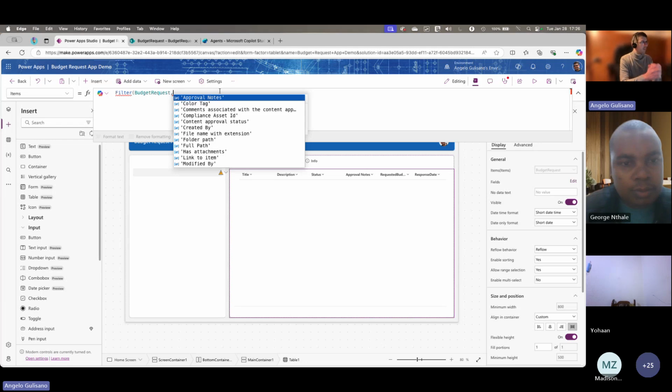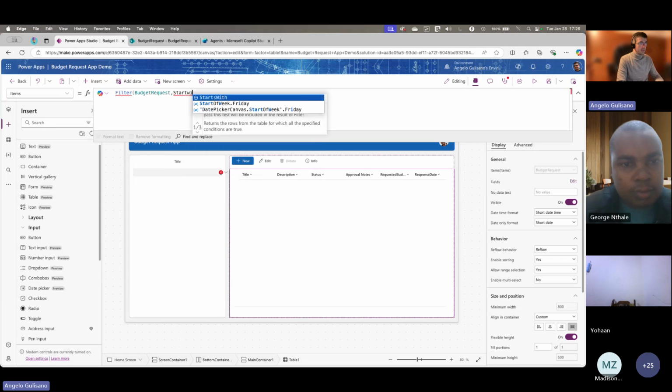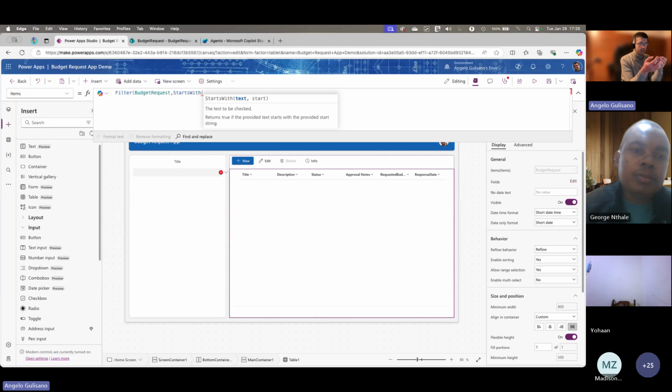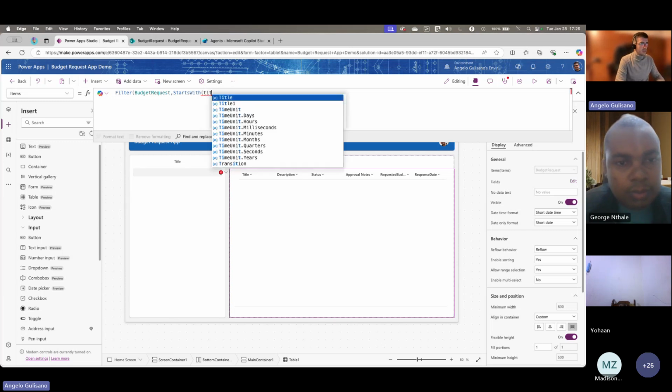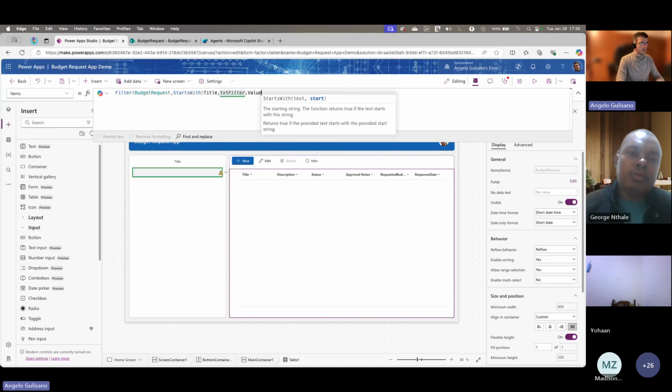In my case, for example, I want to use starts with, because it's a delegable filter. So the idea is to filter my request with the start text of title, for example. So I choose my column is title and txt filter dot value,